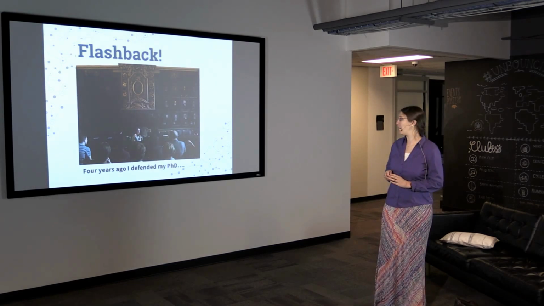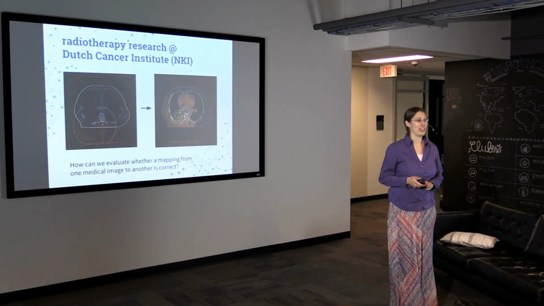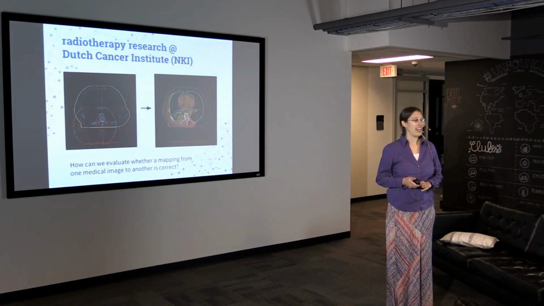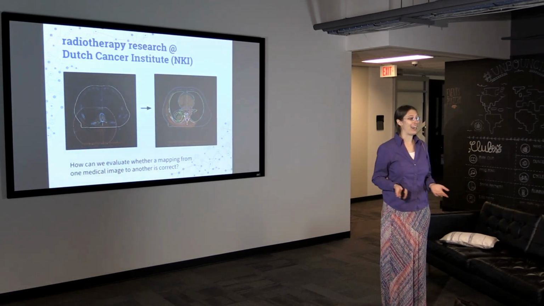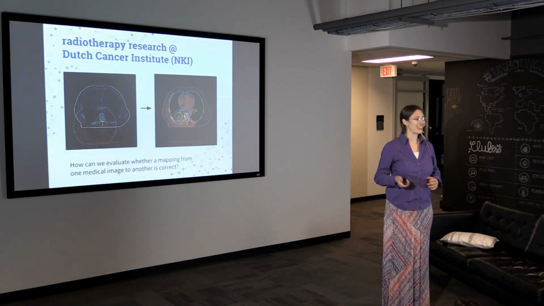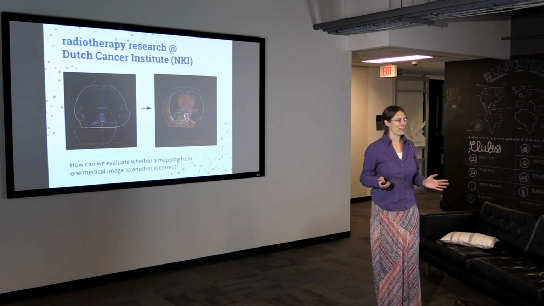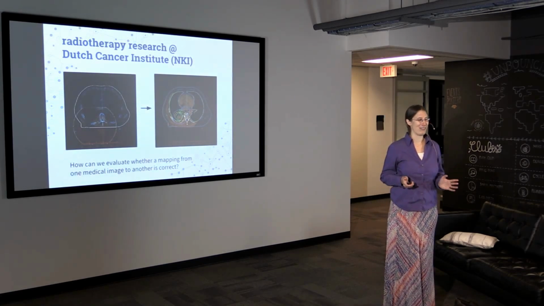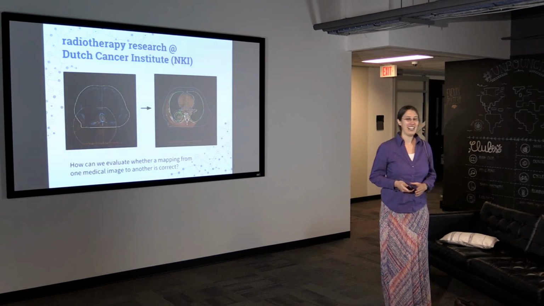So the first job that I applied for and got offered was a research position at the Dutch Cancer Institute. It turns out the Dutch Cancer Institute basically hires PhDs in physics because they can do research and they can program. So I thought, great, I'll go and improve my programming skills. And then I discovered that it was all physicists who also had terrible programming skills. And there was no version control system. So I learned a lot of terrible habits. But I also learned a lot about anatomy in Dutch.